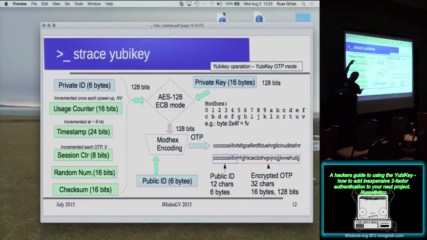So these are all concatenated together. AES 128 in electronic codebook mode, ECB mode. That is now the crypto text that comes out of here. And then there's this thing called modhex encoding. Remember that I mentioned that this device looks like a keyboard when you plug it into your USB slot. So the problem is when you do these scan codes, depending upon your keyboard's interpretation, if you've got a German keyboard locale or a US keyboard locale or something like that,